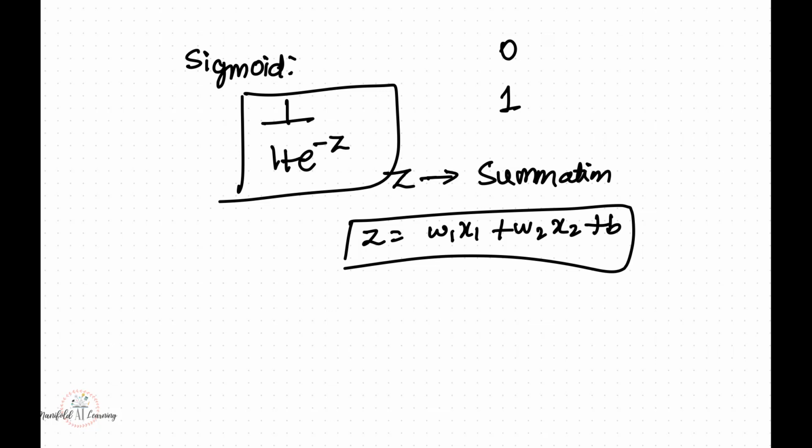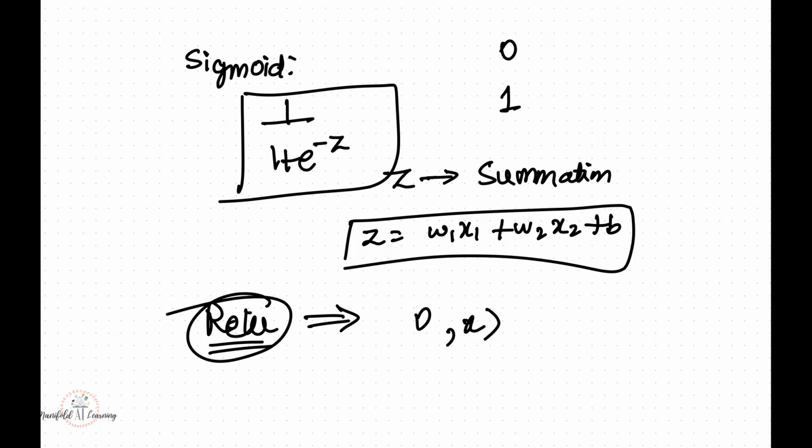And another example that I can give is, let's say I'm working on a regression task and I'm interested in predicting real numbers, but I don't want the real numbers to be negative. In such scenarios, I can simply make use of the ReLU activation function. If I send any real value to this ReLU activation function, it will output 0 if I'm sending negative numbers, and it's going to give the same result itself, that is x or z itself, when I'm sending positive values.